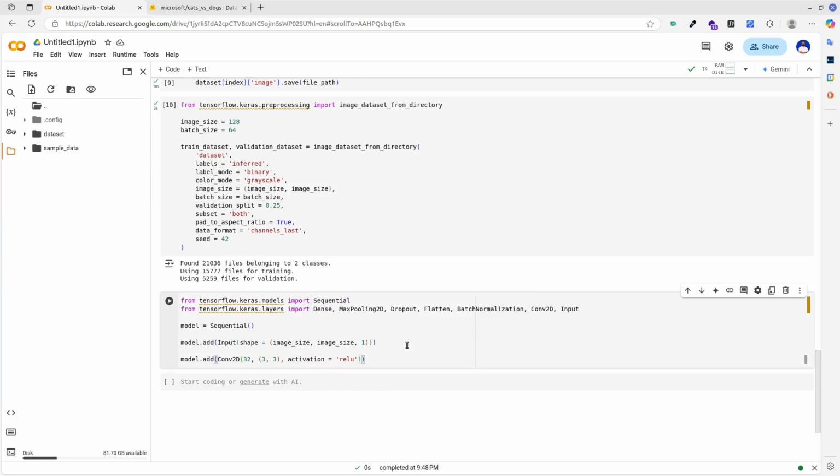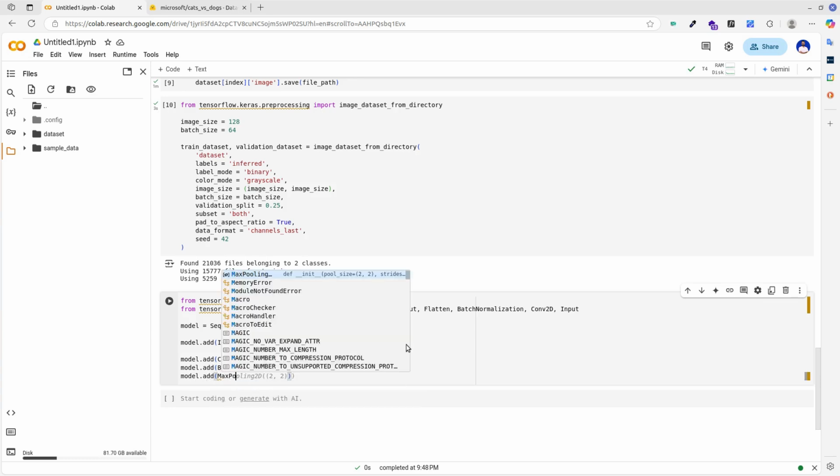ReLU, also known as rectified linear unit, is a linear function that outputs the input directly if the value is positive or 0 if the value is negative. The batch normalization layer is used to improve the stability and performance of neural networks as it normalizes the activations of each layer. The max pooling 2D layer selects the maximum value from each region of the feature maps.